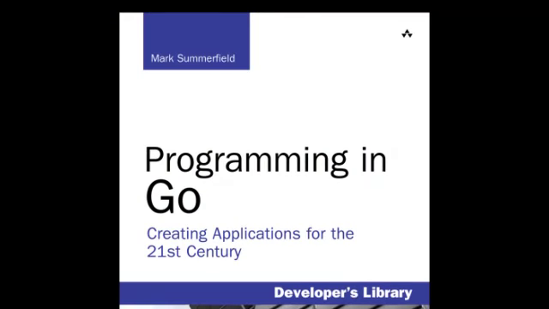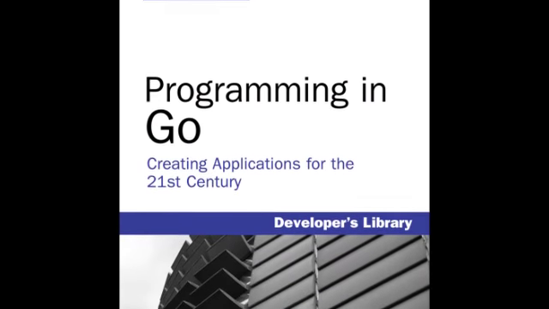I got interested in Go soon after it was first announced publicly, which I think was 2009. Because for many years I've been looking for an alternative to C++, something that was cleaner, simpler, and better in many respects. And Go seemed to, at least from the specification, look like it might be the language I was interested in. And the more I looked at it, the more I started to use it, the more I got to like it. And I felt that it would be worth writing a book so that other people could get into it and try it out.